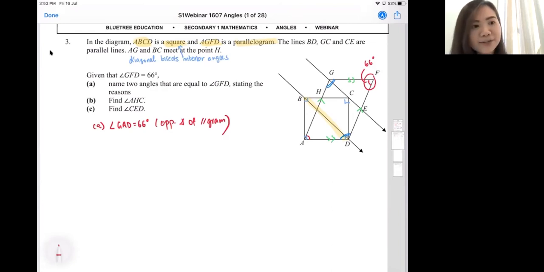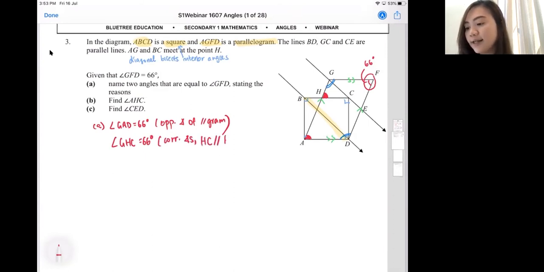GHC. BHA, okay, wait. GHC, very good. Well done. Charlie says this angle GHC, this one that I just highlighted in red, is also equal to 66. Well done. You notice that GAD and GHC are equal because they are corresponding angles. They take the same relative positions, and they come from the parallel lines HC and AD, opposite sides of a square,